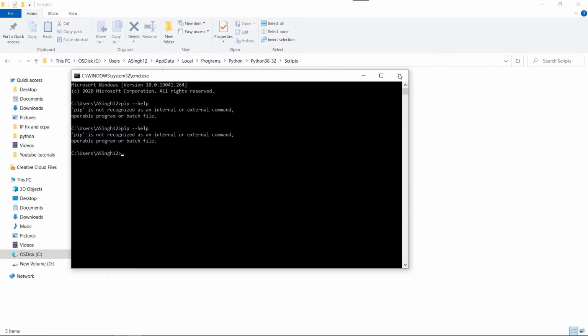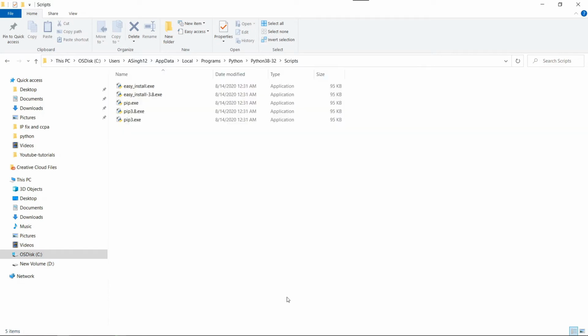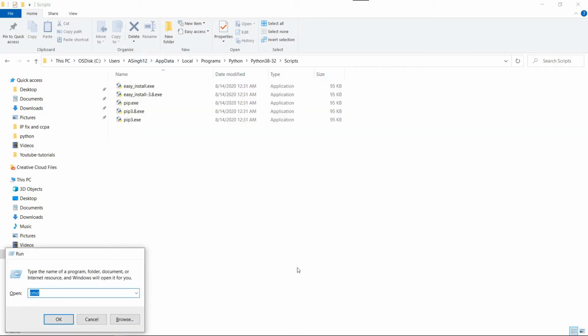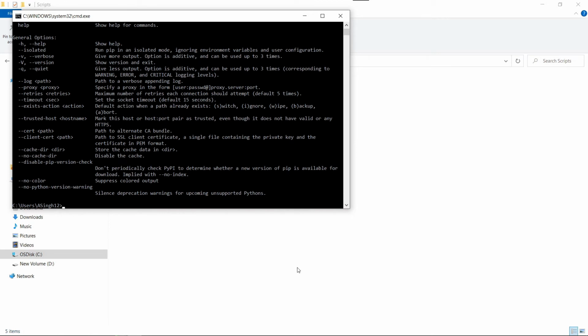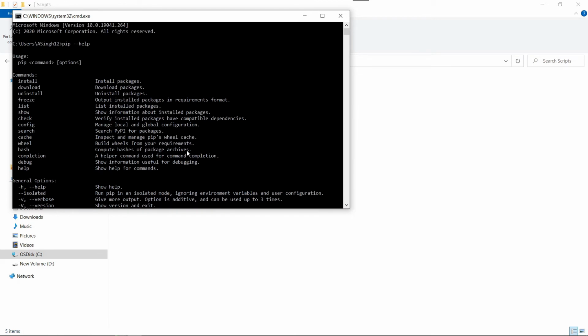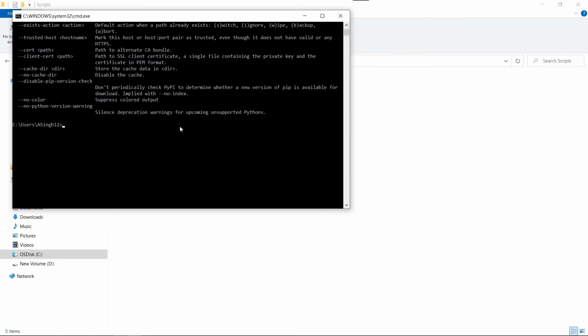So I guess we need to close this window. Open CMD again. So yes, now our pip command is working.